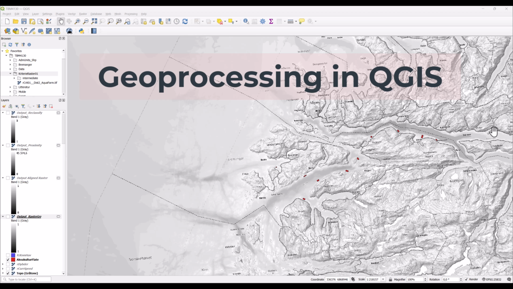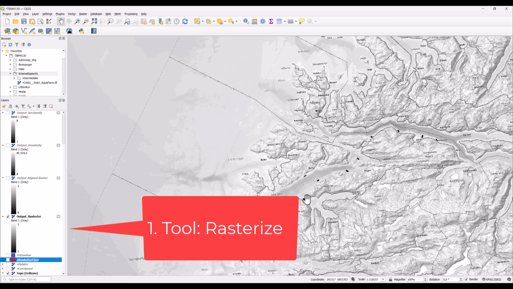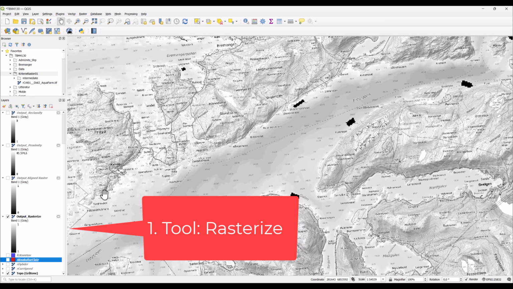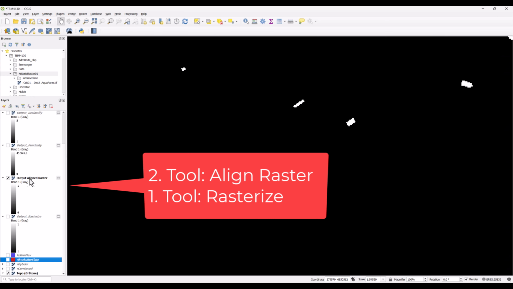In this video, I will demonstrate how you can do geoprocessing in QGIS. Geoprocessing is about putting together several tools in a model, resulting in intermediate layers before you get the final result. I have a polygon feature. If you see these red polygons, this will be rasterized, so a version of these with rasters, but then there is an issue that this raster is not aligned with other existing raster, so I run another tool to align